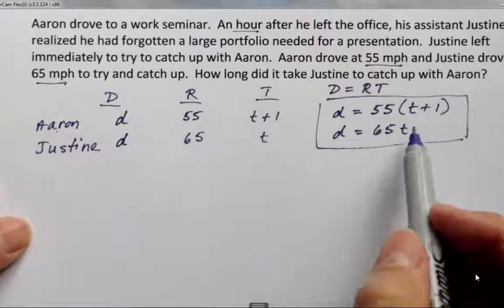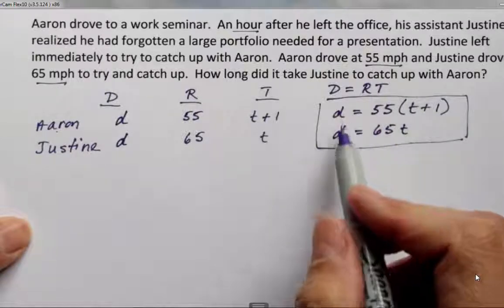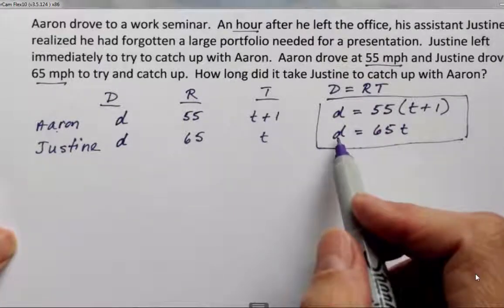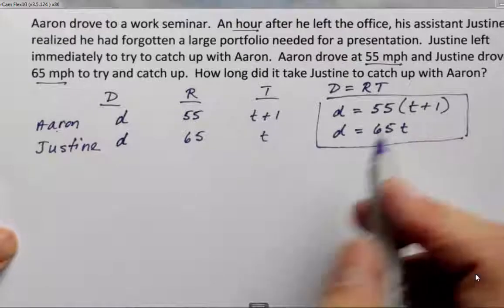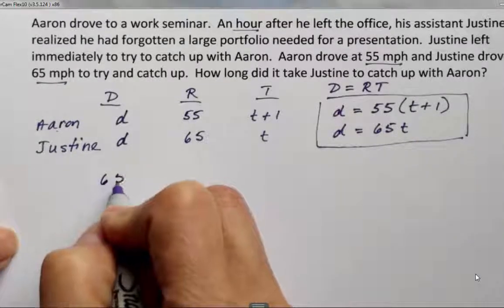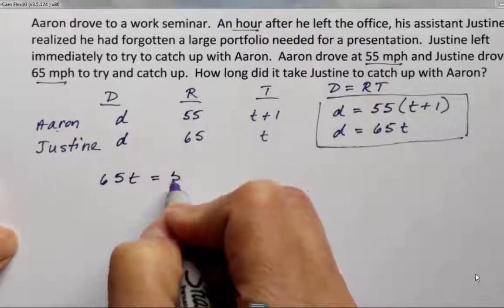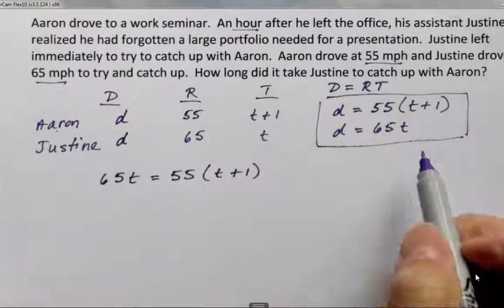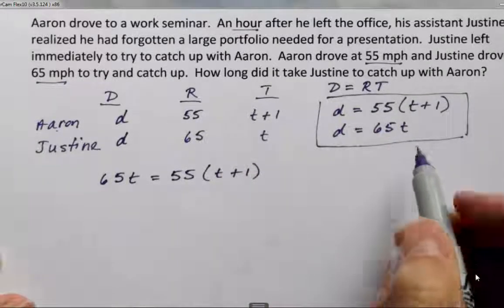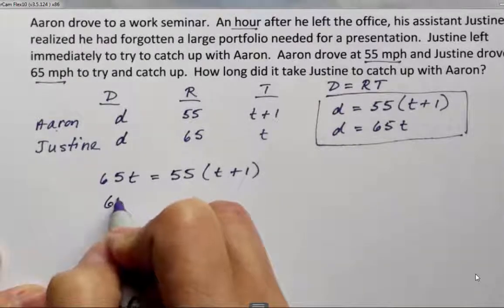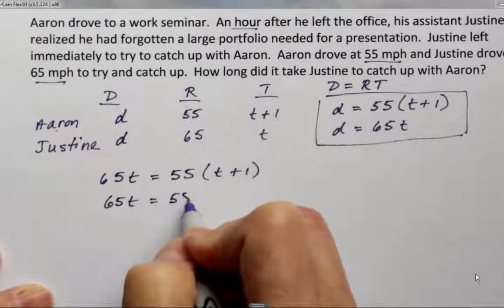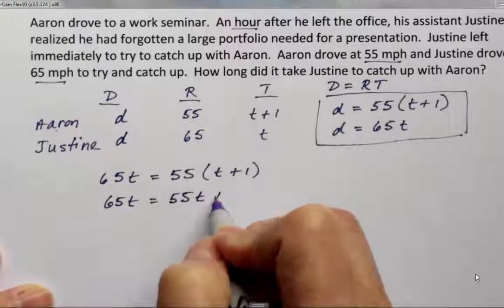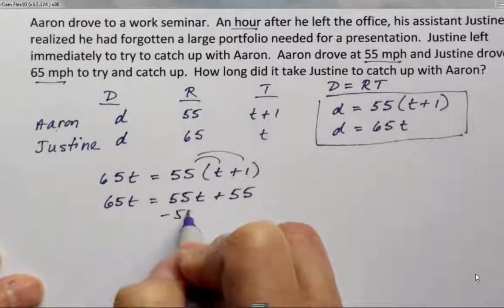So because we have two unknowns, two equations, substitution, well, I know d is equal to 65t, so I can write 65t equals 55 times quantity t plus 1. So I'm just setting the two equations equal to each other. Using my distributive property, I end up with 55t plus 55. Subtracting 55t from both sides,